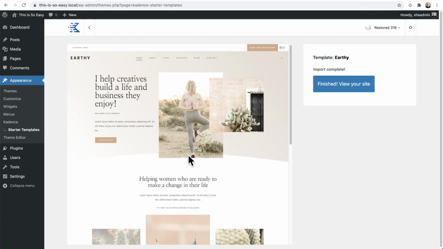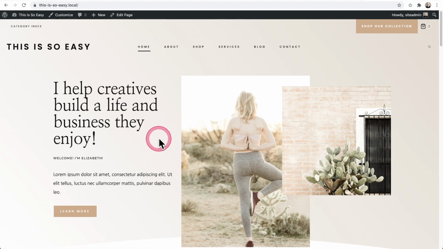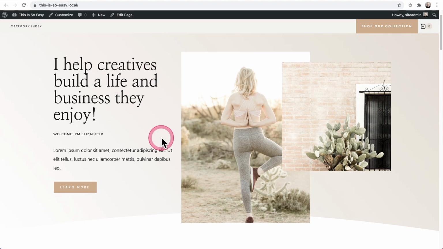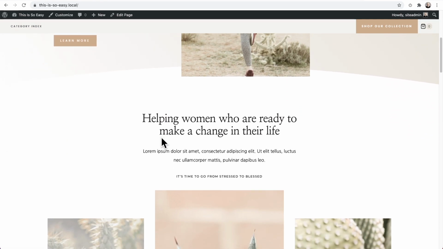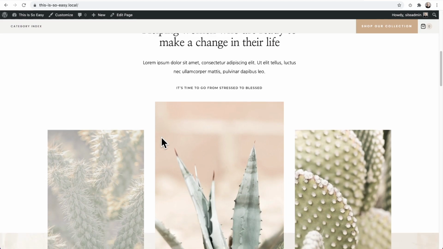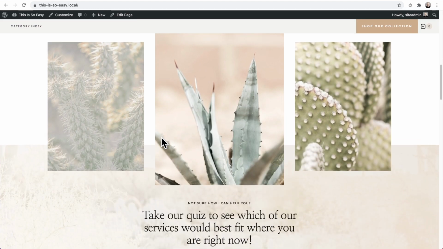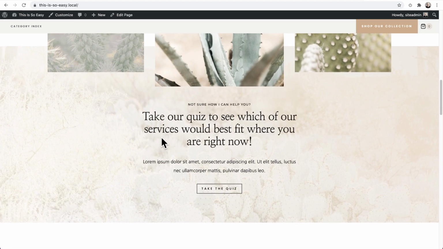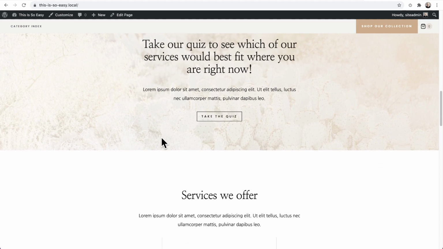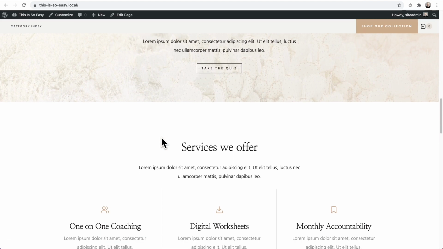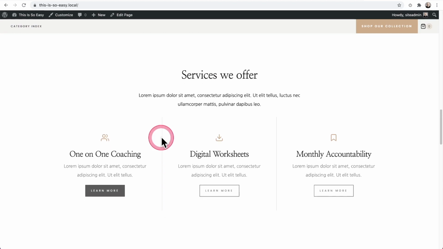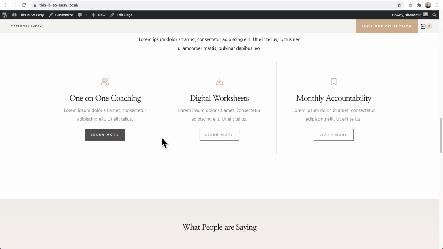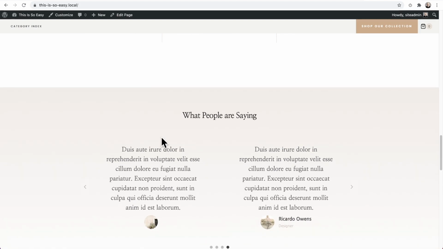So far, I've invested about 2 minutes into this process. Now, I'm going to click on Finished, View Site, and I'm going to see a beautifully designed website right here that is complete. The design is amazing. It's built using Kadence blocks. The theme is using Kadence, but it's been fully customized. I didn't have to go through any hoops to import any pages or do anything that involved. I really just did 4 simple steps of clicking around.